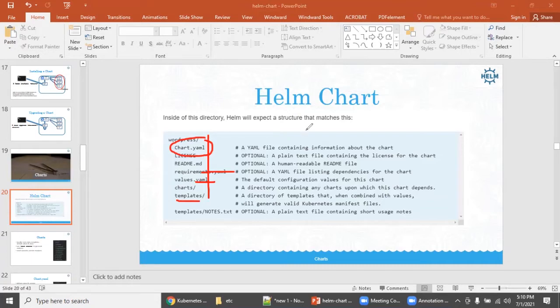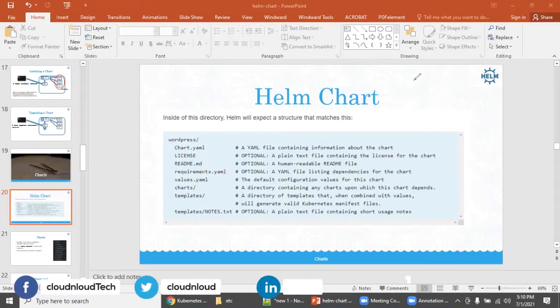You can use a simple command: helm create followed by the project name, application name or package name. This folder structure will be created, and the default recommended files will also be created. In each file, the syntax is also populated. All you need to do is modify it according to your need. That's it. This is very, very easy. We will see it in hands-on.